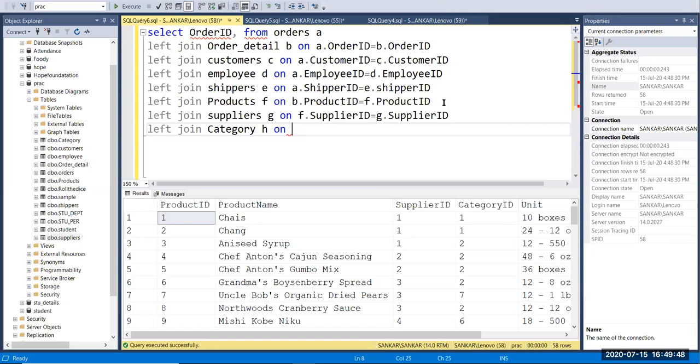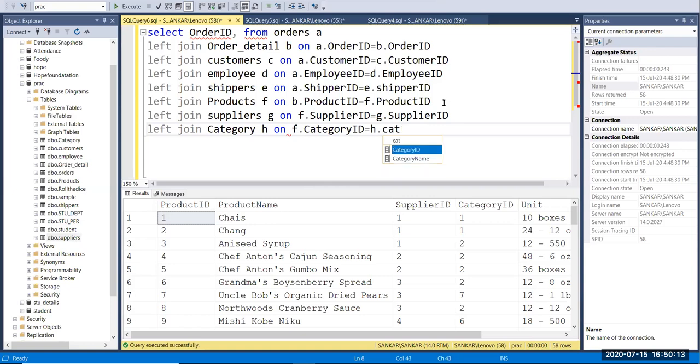Okay, here I'm going to give G dot, sorry, F dot, right? So F is the product table. F dot category ID equal to H dot category ID.